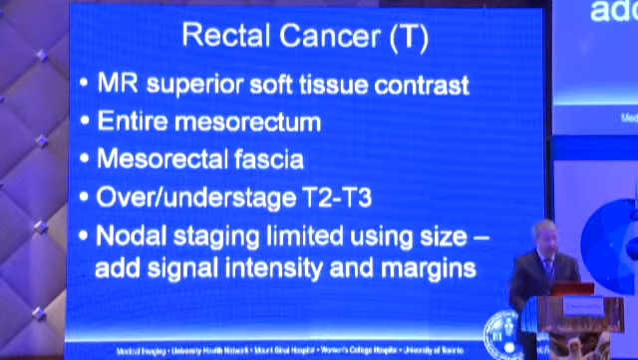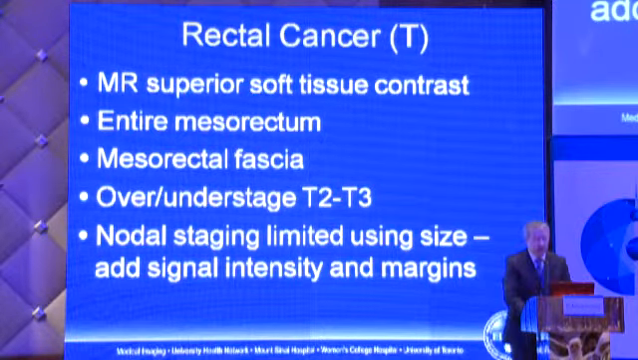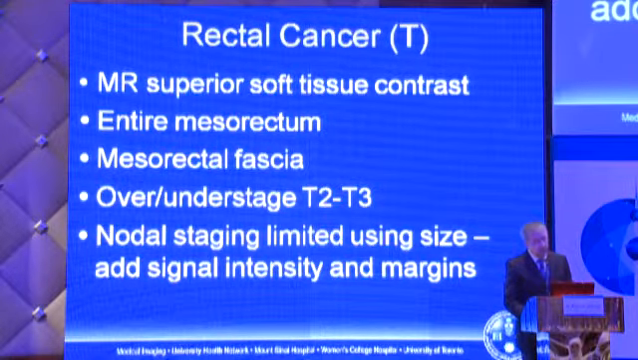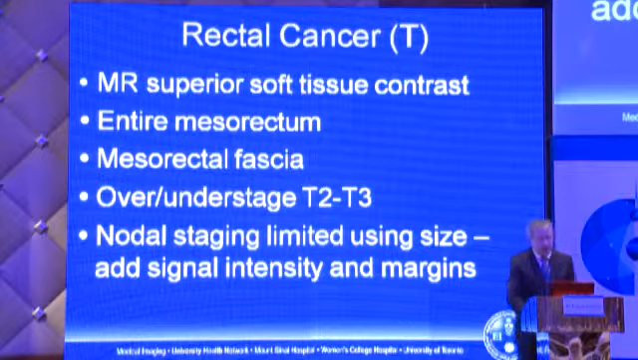MR, on the other hand, is a very good modality for rectal cancer. It has very good soft tissue contrast. We can image the entire mesorectum and mesorectal fascia. It does have limitations in distinguishing between T2 and T3 disease, and nodes will be imaged well with MR, but